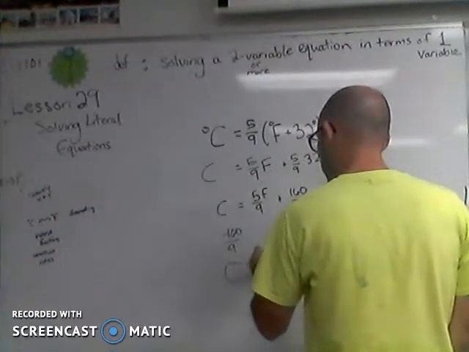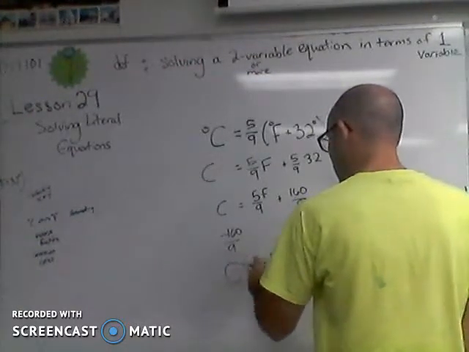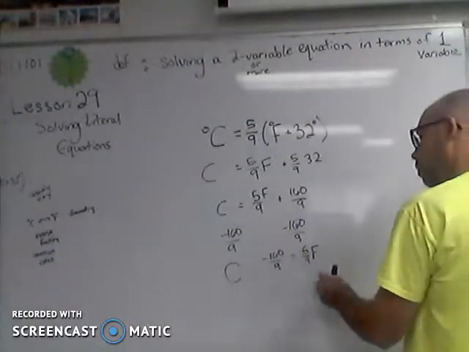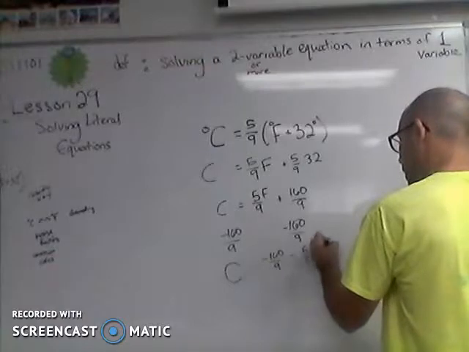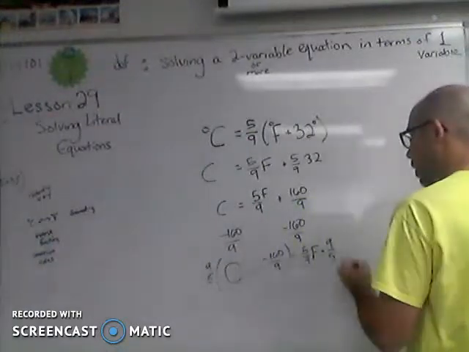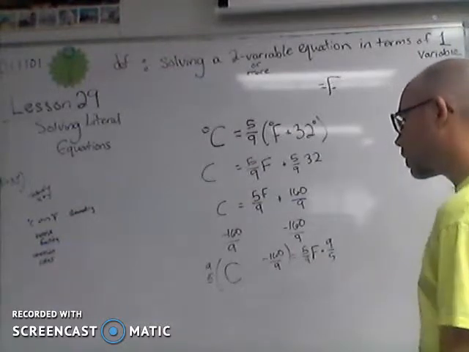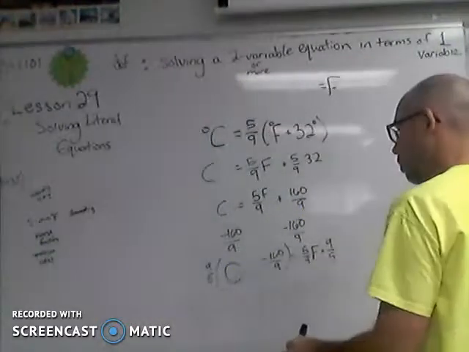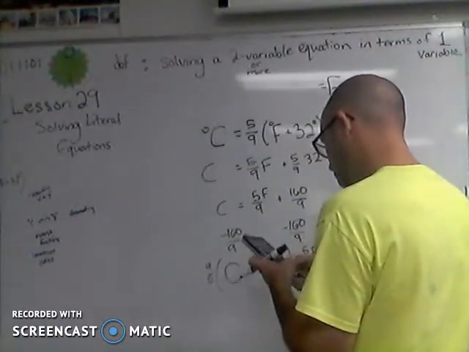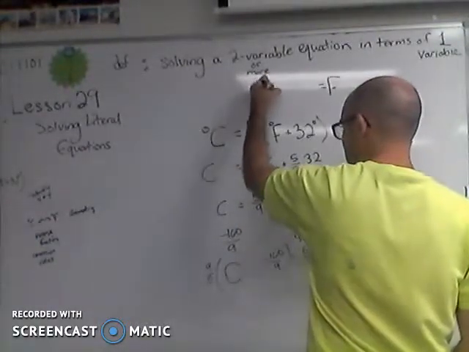C equals, no, C minus... equals 5/9 F. I want just F, so I multiply both sides by 9/5. This leaves me with F equals, and then you get something that's a little bit more familiar to you. What's 160 divided by 5? That's 32. I'll get 9/5 C